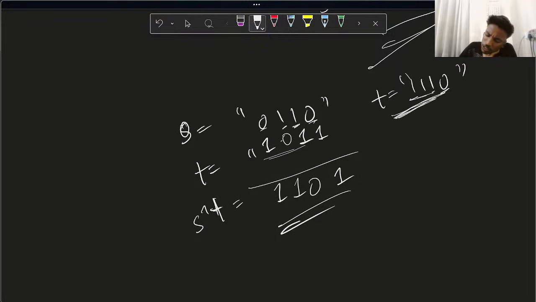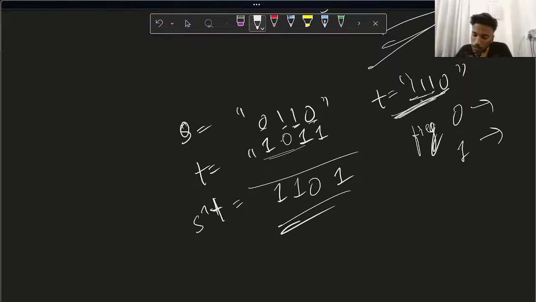Initially, you can hash this. I mean, you can put this in a hash table. Like you can calculate the frequency of zeros and ones. Frequency of 0 and frequency of 1 you can use. And after you have got this frequency of zeros and ones, now at each step in S, you see